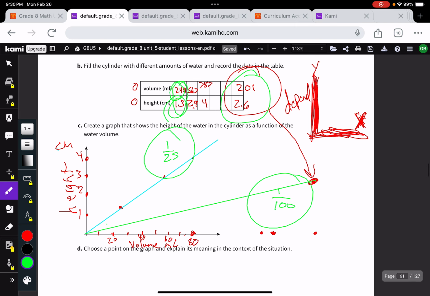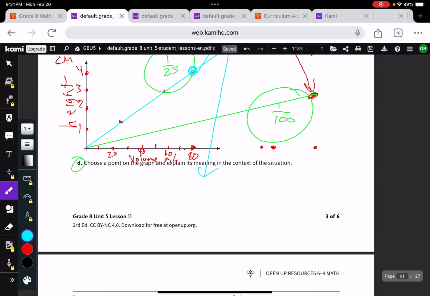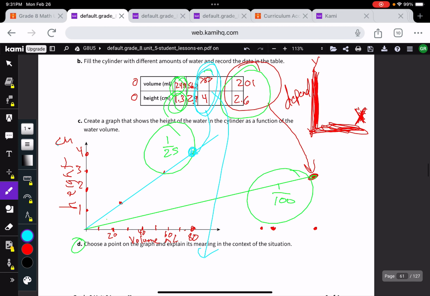And by the way, I kind of answered question D. If I pick any of these points, for example, let's switch colors. If I chose this point, like that is this point right here. It says choose a point on the graph and explain its meaning in the context of the situation. Well, you pretty much just need to write that down here. So go ahead and do that. Hit pause if you need to. That shouldn't take but 10 to 20 seconds. But long story short,